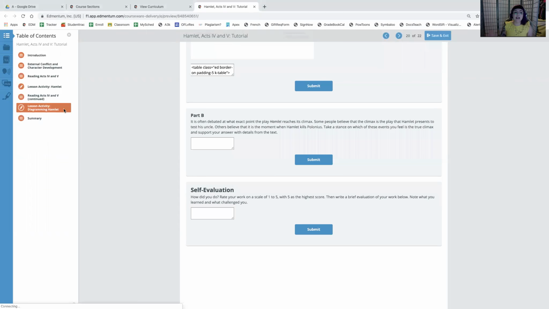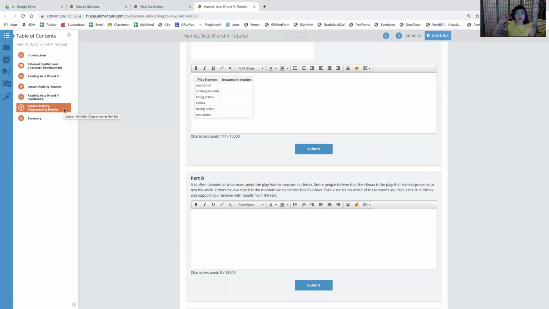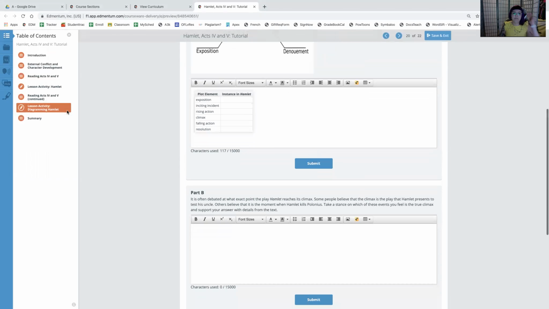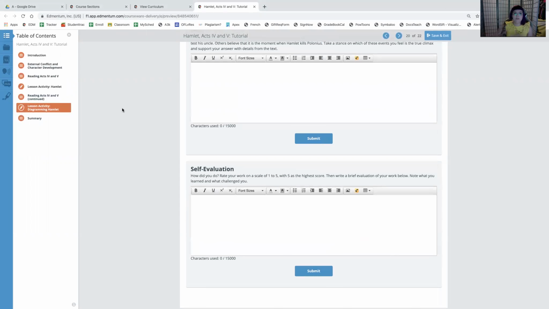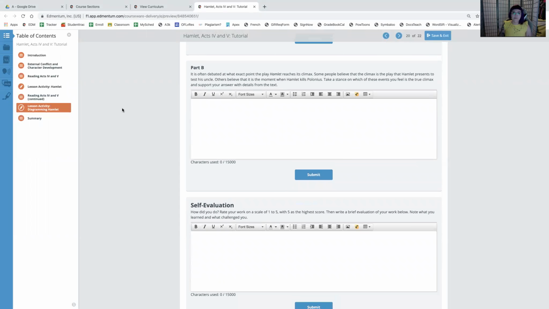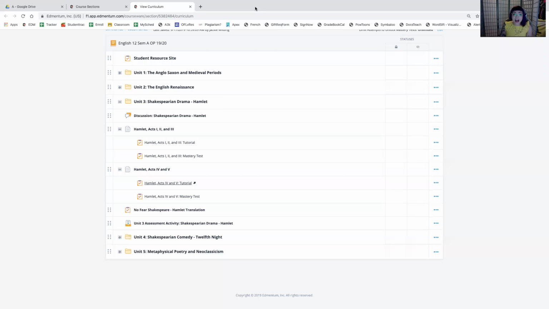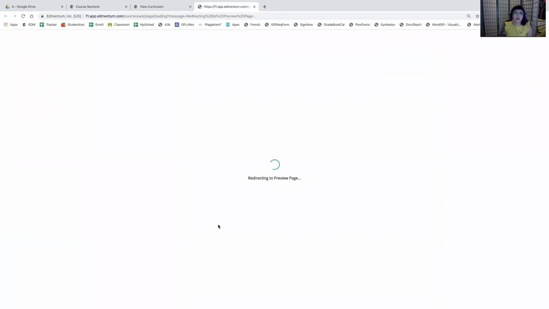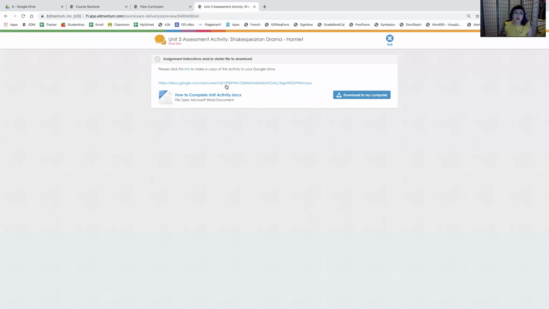And then again, like I said, that first video with the summary really answers this for you, as far as mapping this out. And then you can think about where it says the climax is for Hamlet, and then you can think, was it the play, things like that, all those different options, so you can take a stance there. And then the last thing that we have to really go over is our lesson activity,